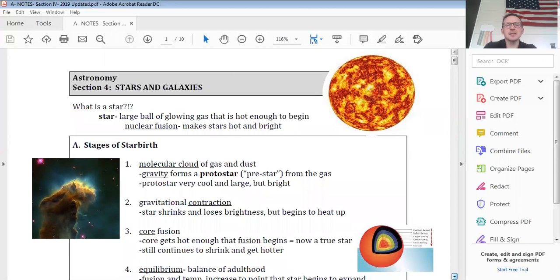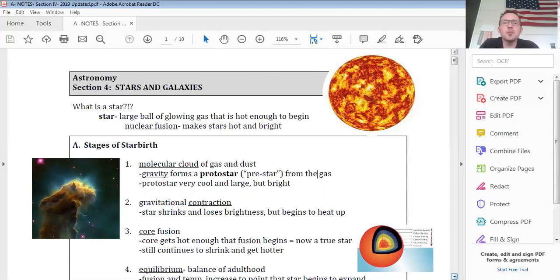When I start off this section and we're in class, I usually try to ask students what a star is. And it's actually pretty tough for even adults to define it. Most people know that our sun is a star, and some people know that our sun is a lot like the other stars in the sky, except it's a lot closer to us. So instead of a little pinpoint of light on the sky, it looks like a big yellow ball. But beyond that, people really struggle. Why is our sun so bright? Is it hot like a coal or like an ember in a fire? Could you actually stand on it? Is it gas? Is it liquid? What exactly is it?